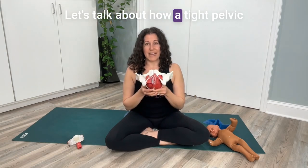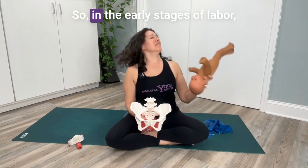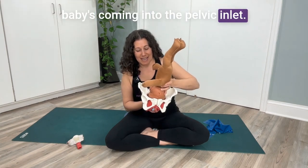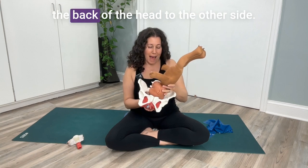Let's talk about how a tight pelvic floor can disrupt your birth flow. All right, let's look at labor. So in the early stages of labor, baby's coming into the pelvic inlet. And in most of our bodies, we're widest from side to side. So the baby's coming in with the forehead to one side and the back of the head to the other